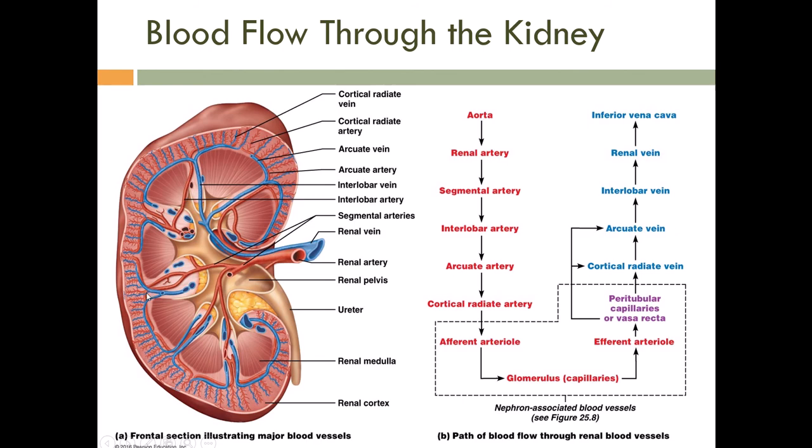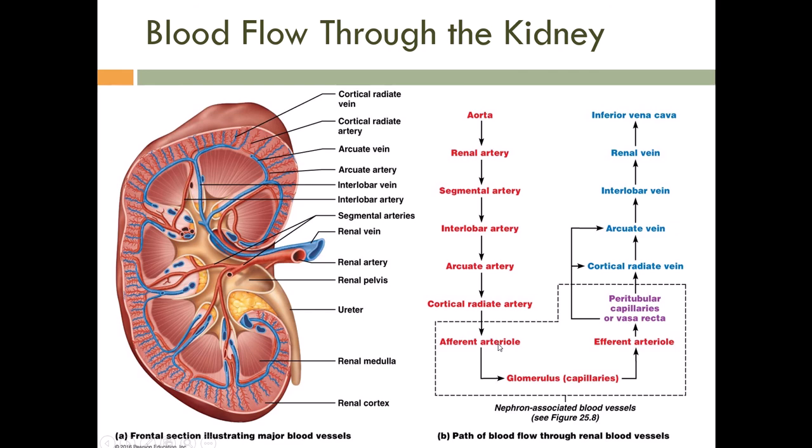The interlobular arteries will then branch into the arcuate artery, right? You see it looks kind of like an arch. So the arcuate arteries. And then branching off the arcuate arteries are these smaller arteries that radiate out into the cortex of the kidney, and so they are called cortical radiate arteries. Branching off the cortical radiate arteries are tons of afferent arterioles, and the afferent arteriole is the first blood vessel